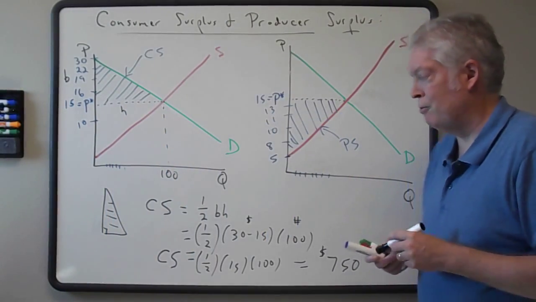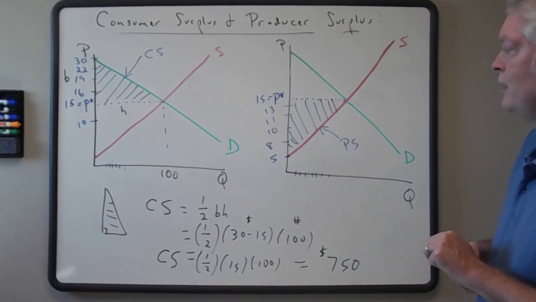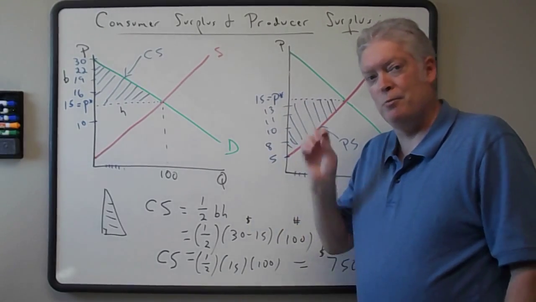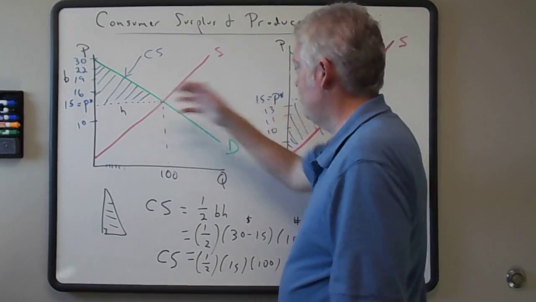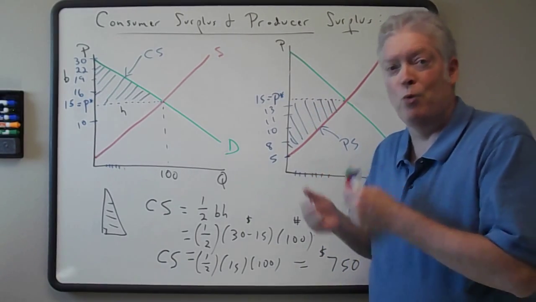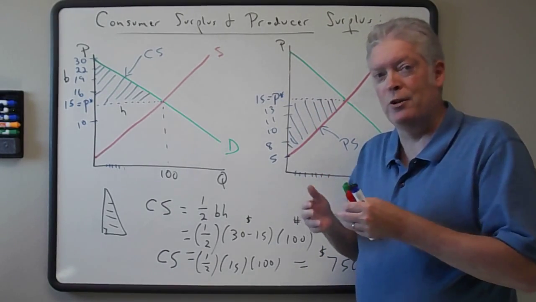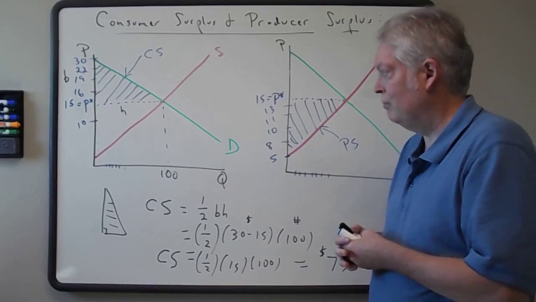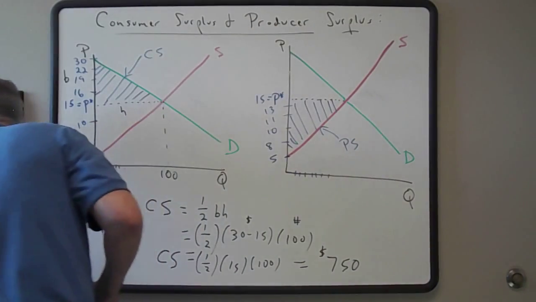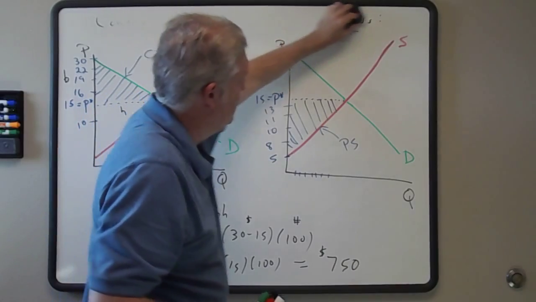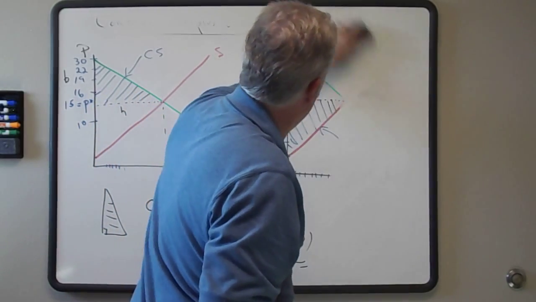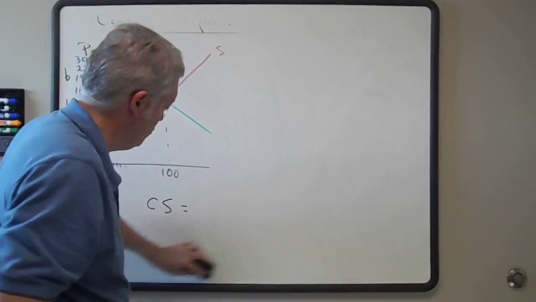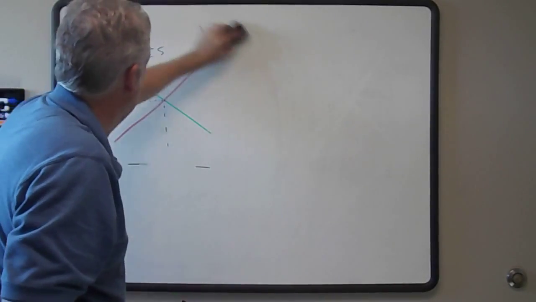And one of the things that is a real-life application that economists will do is to try to find instances in which there's a great imbalance between consumer surplus and producer surplus. In other words, where the value lies on either side of the market, and attempt to explain why that is. And perhaps regulation can be brought into the picture in order to improve the outcome, whatever that desired outcome should be. Okay, one final thing I want to do here, and it's related to some of this material, and that is, we're assuming that we're in equilibrium condition with regard to both consumer and producer surplus. And I want to look at a situation in which we are not in equilibrium for whatever reason.